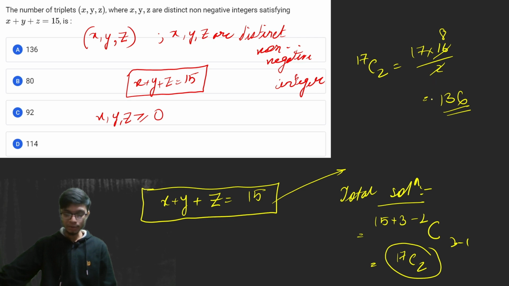Now the problem is that we need to exclude the cases when x is equal to y is equal to z. These are the total number of solutions for which x, y and z satisfy this particular equation, that is x plus y plus z is equal to 15. So from here,